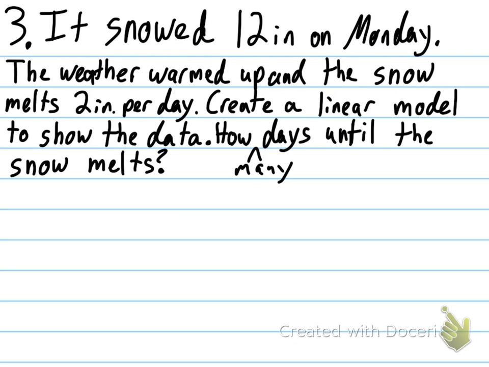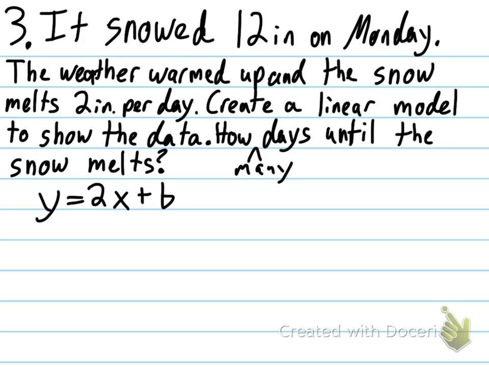Alright. So we know there's 12 inches of snow, and as it warms up, the snow melts 2 inches per day. Well, that 2 inches per day kind of sounds like it's a constant. So we know we have a constant. So we know it's probably going to be something with slope-intercept form. So we're going to have y equals our x plus b. Well, our slope is our constant, and it's melting 2 inches per day. So we put a 2 here,